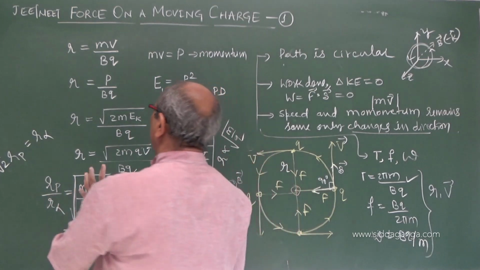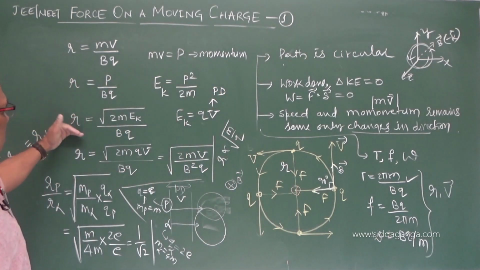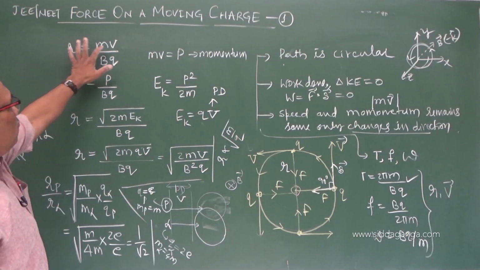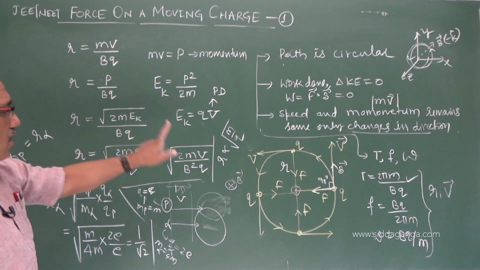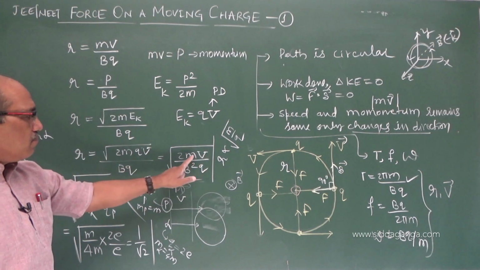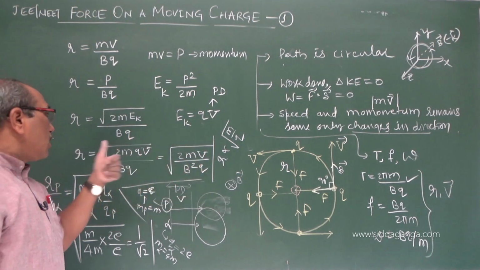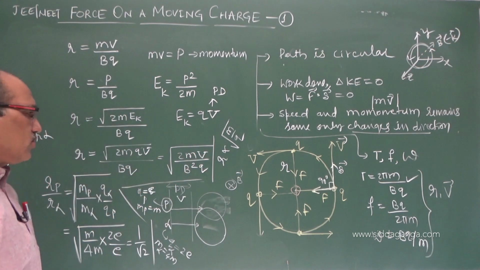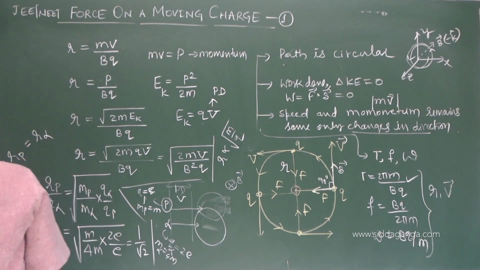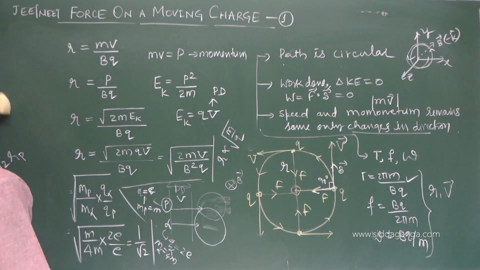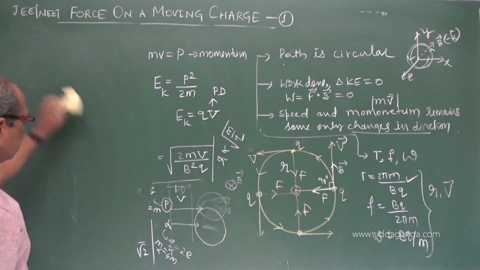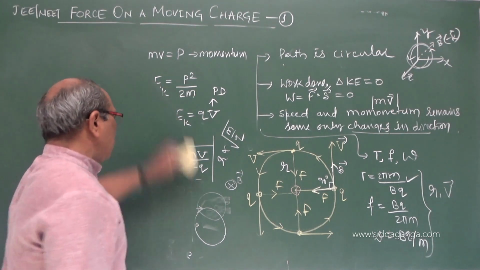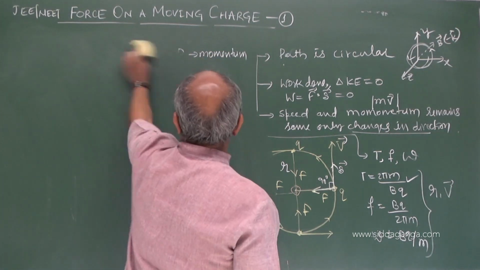One example I quoted. The question may come from this in the entrance exam. The radius may depend on mv, or on momentum, or on kinetic energy, or on potential difference, mass and charge of the particle. This is about the force experienced by a charged particle when it enters perpendicular; it describes a circle. Let us see another case.